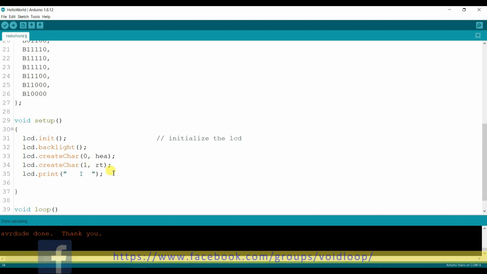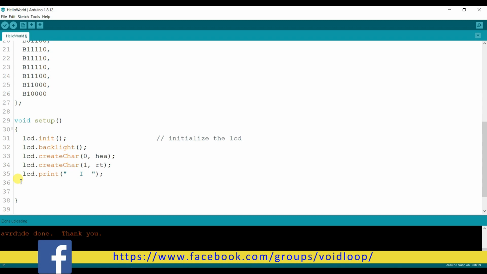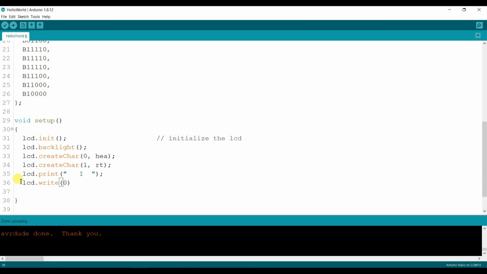Okay, here I will write lcd.write, zero number character, which is the first part of the heart, and then the second part of the heart, one number, and here I will print.